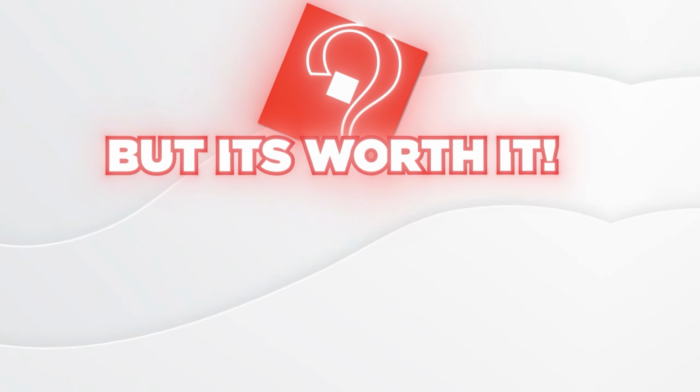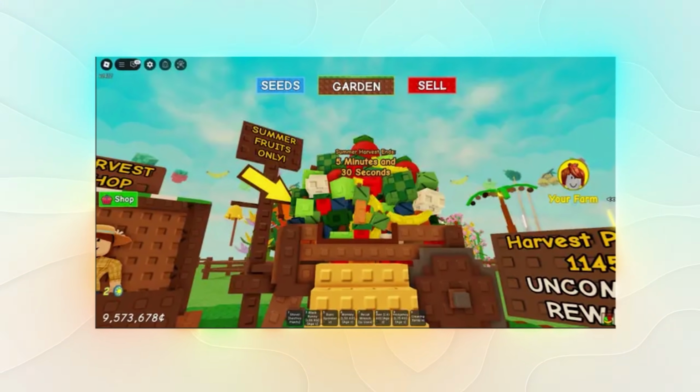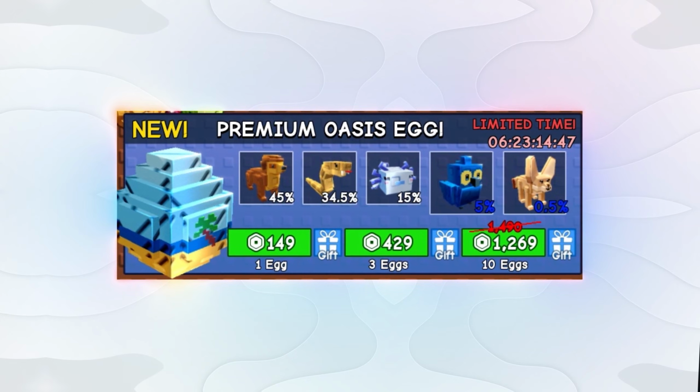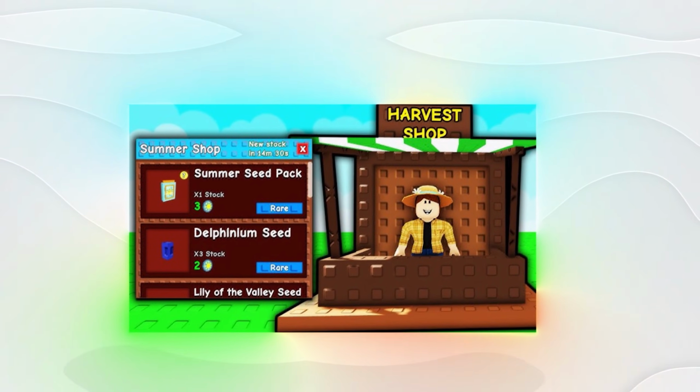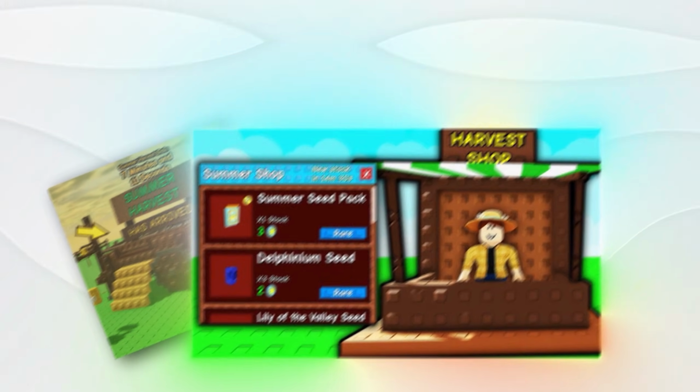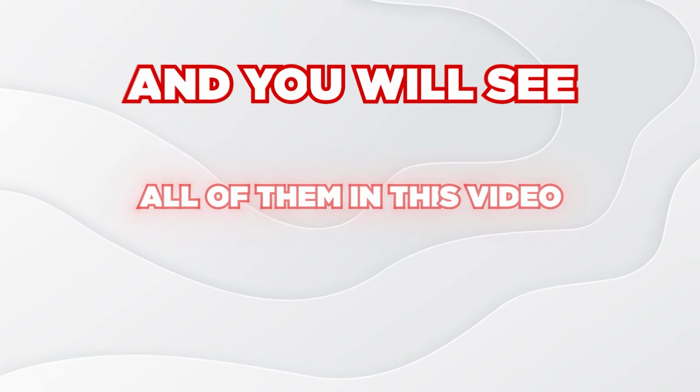hatch, but it's worth it since its pets are totally OP, only beaten by the Oasis Egg, the last egg added in the Mega Harvest, with 5 new exclusive pets that aren't bought with shekels, but with summer coins, the new event currency you'll use to buy stuff in the new summer shop next to the harvest wagon. And you'll see all of them in this video, so stay tuned because the next pet on the list is